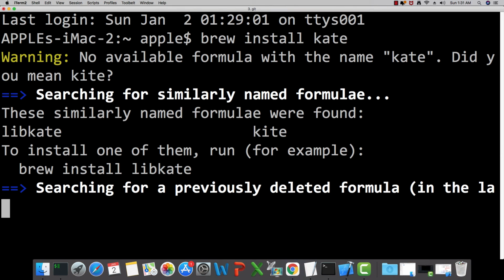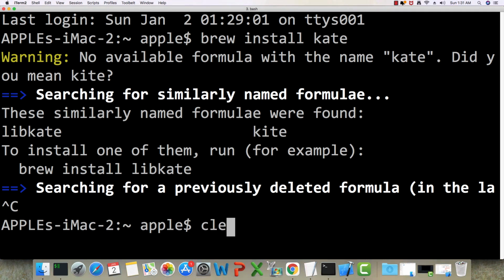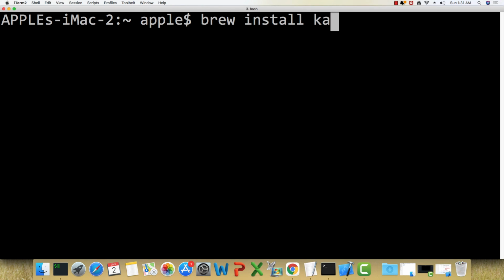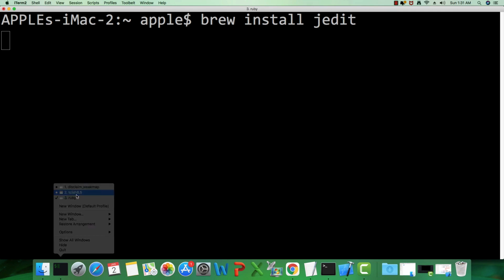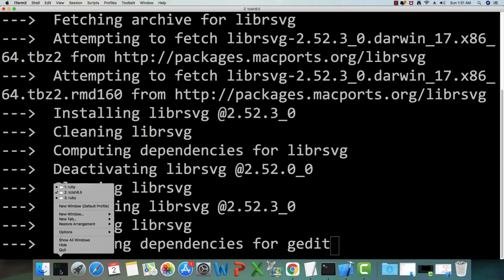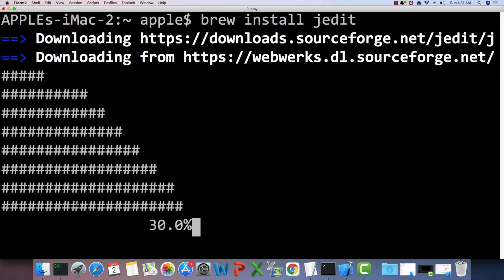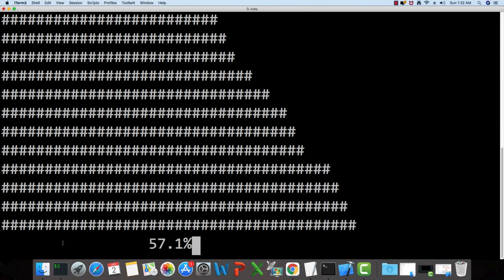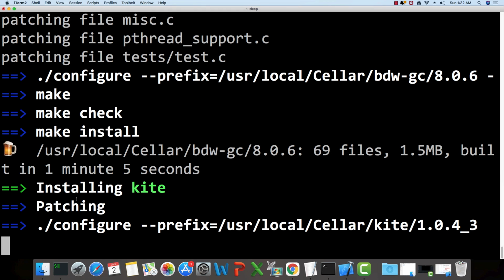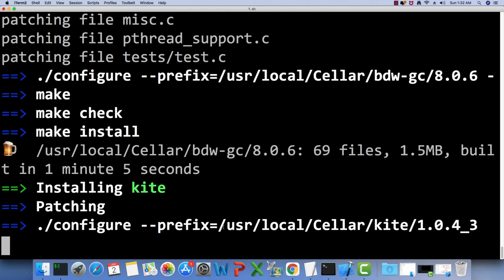No, I think that this is not available. Okay, so I'm just going to press Ctrl C and quit it. And finally, there is a very popular Java based editor, jEdit. Let us see if this is installing. Okay, it is installing. It is going to take some time. Okay, jEdit is also installing. So at least we are going to have some success. Okay, so we have actually had some success installing various editors. I'm not actually going to hold you up with all this installation.